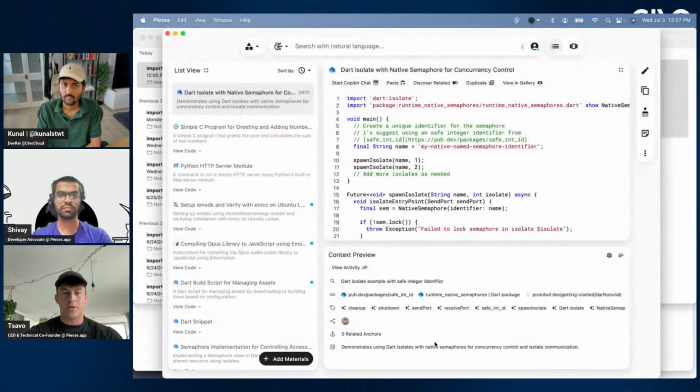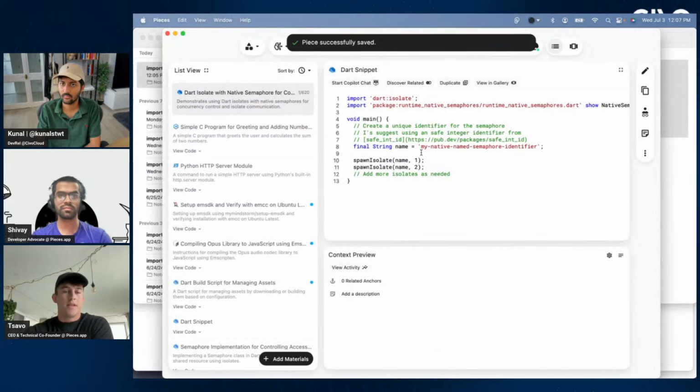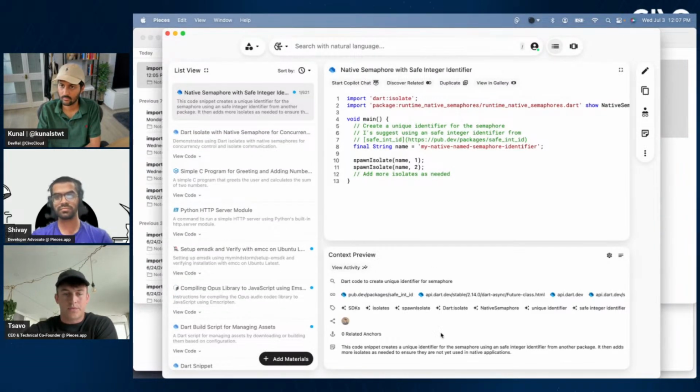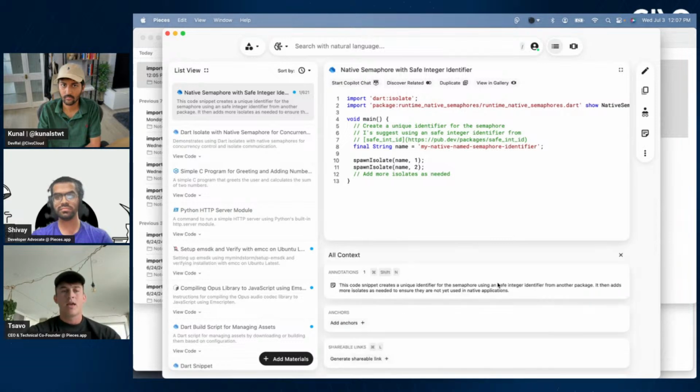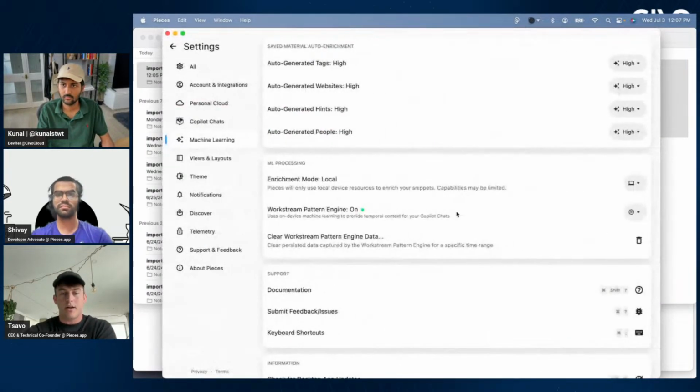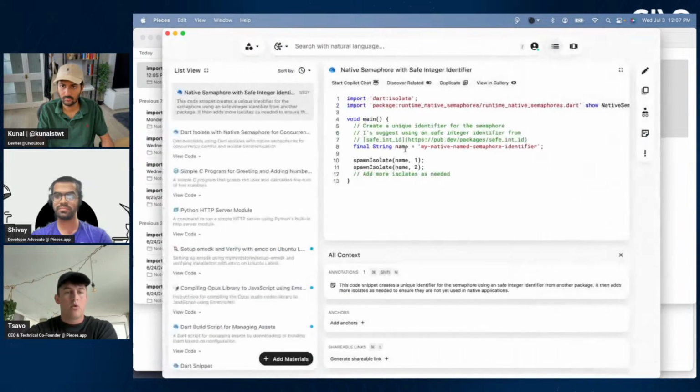So I'll take this snippet and I'll paste it. And so, yeah, we did the detection. We're going to start to enrich it here, giving it a title, descriptions, links, everything like that. So that was the first kind of implication of AI for us. But I'll go and switch to the settings again, and I'll turn the cloud stuff back on, which is pretty exciting. So we'll get into phase 2,